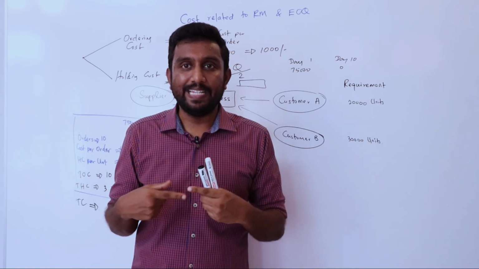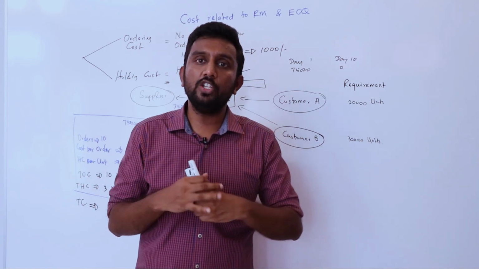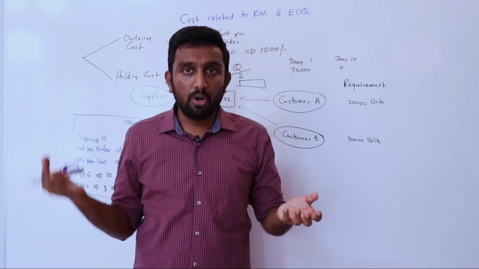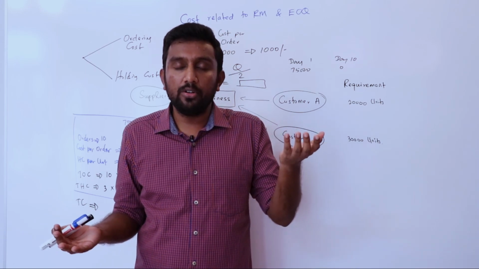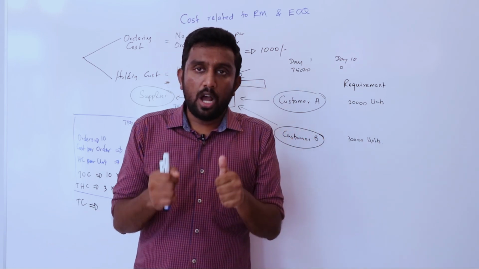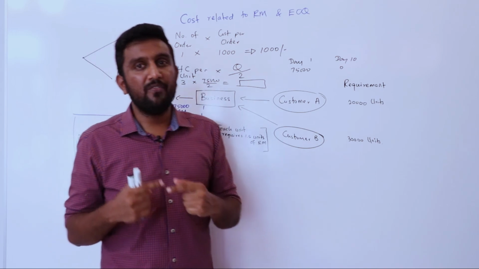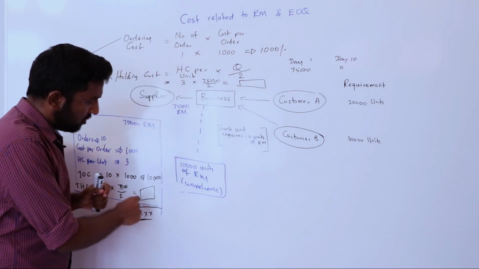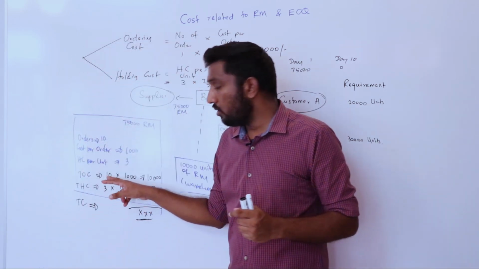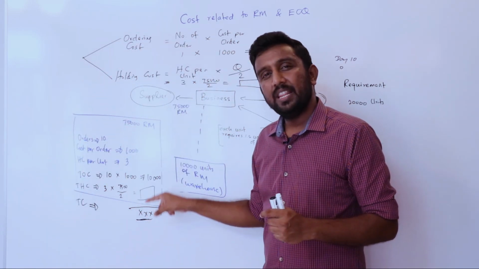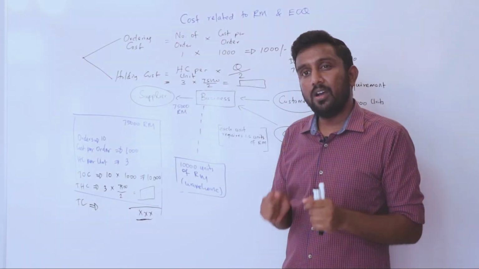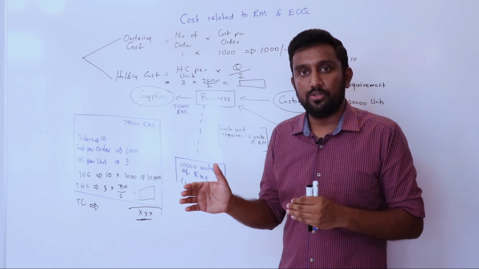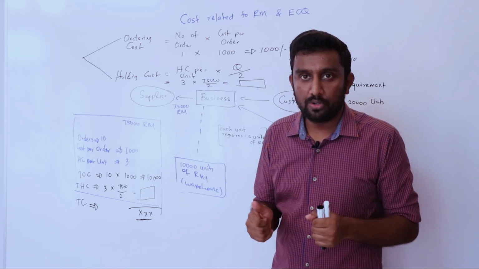How are we going to mitigate this? If I reduce my ordering cost, my holding cost will increase. If I reduce my holding cost, my ordering cost will increase. Sorry. So now they have to come up with an idea to reduce not these costs, not ordering and holding cost individually, but to reduce the total cost. Here we're going to start discussing economic order quantity. So who will think about economic order quantity?